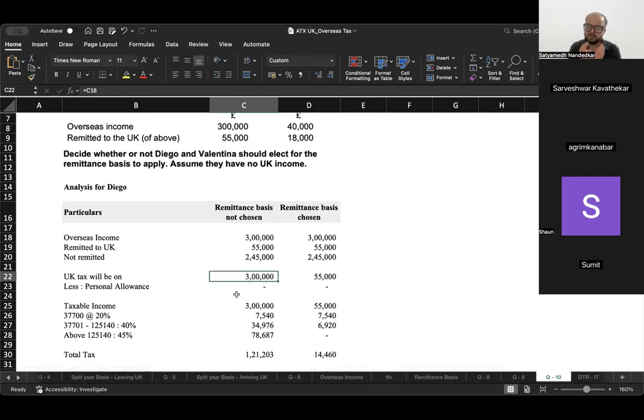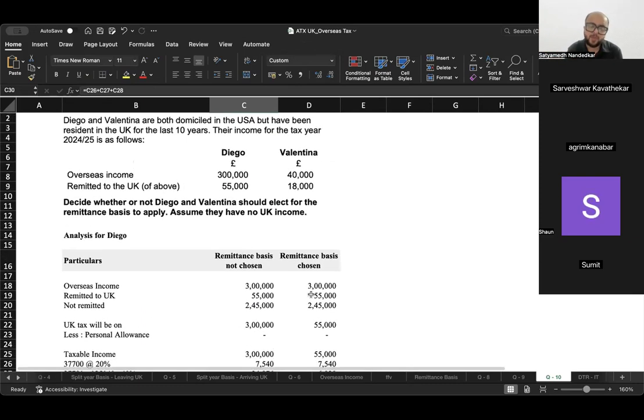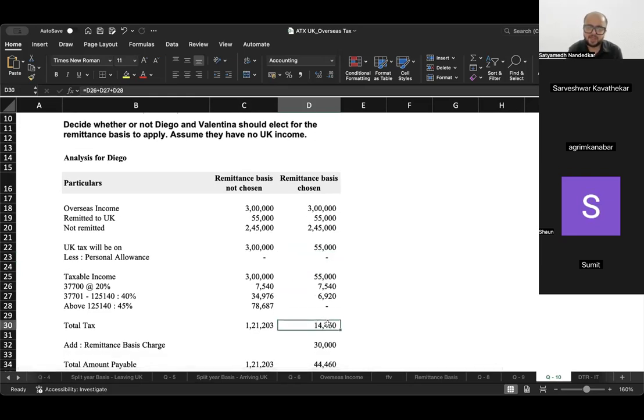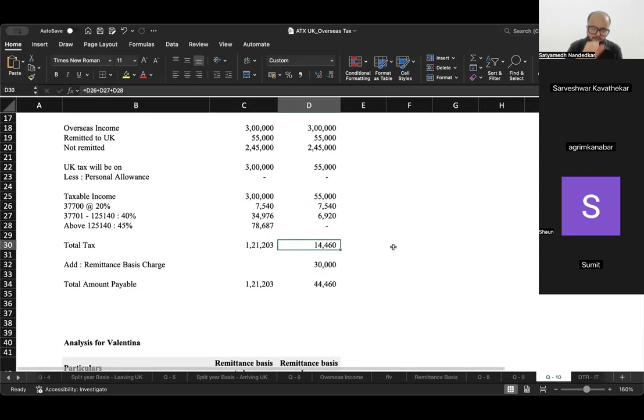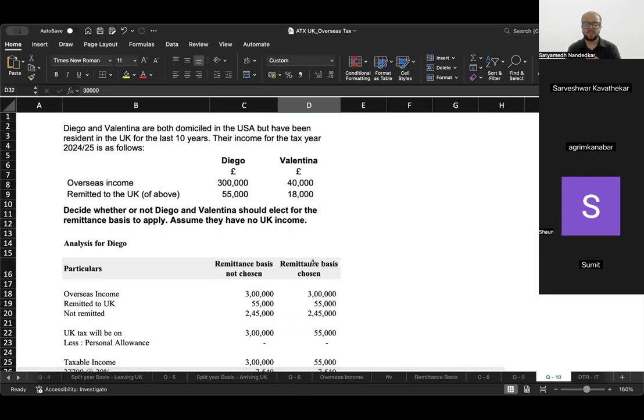You have to understand that this is an additional rate taxpayer. According to that, tax is 121203. I am not calculating the tax right now. If you go for the remittance basis, then how much is remitted to UK? 55,000 is remitted to UK. Amount unremitted is 245. So taxable income will be 55,000, but you will not get any PA here because you have chosen the remittance basis. On that your tax will come to 14,460 and remittance basis charge because